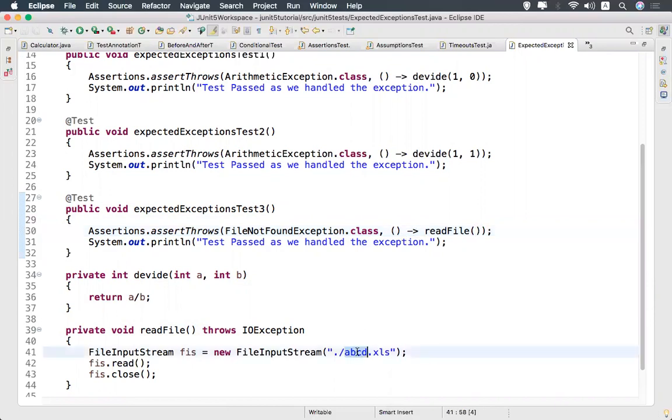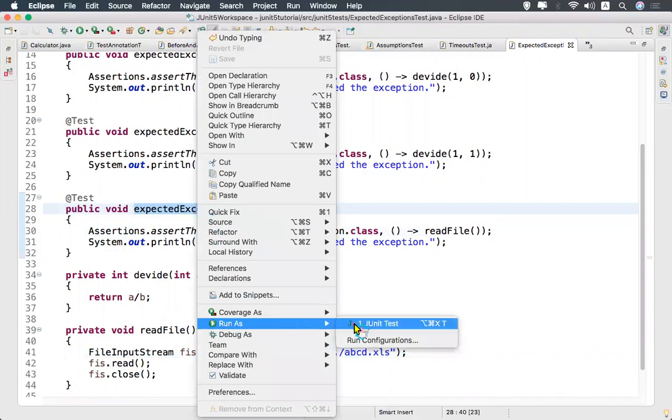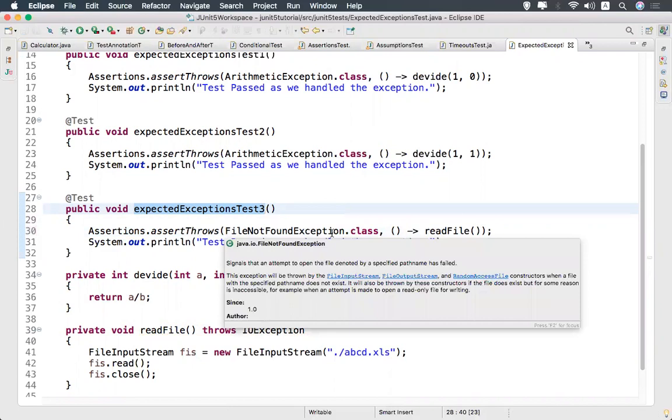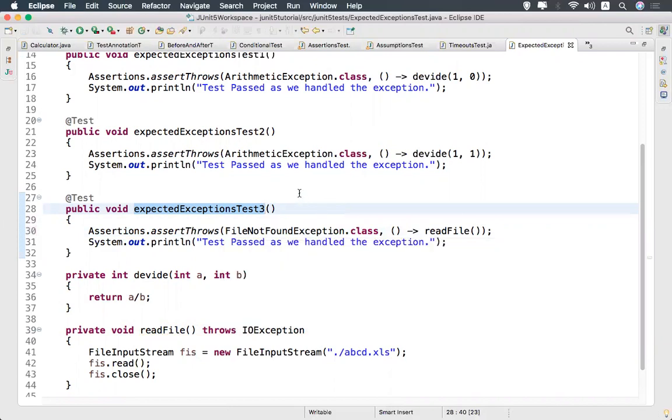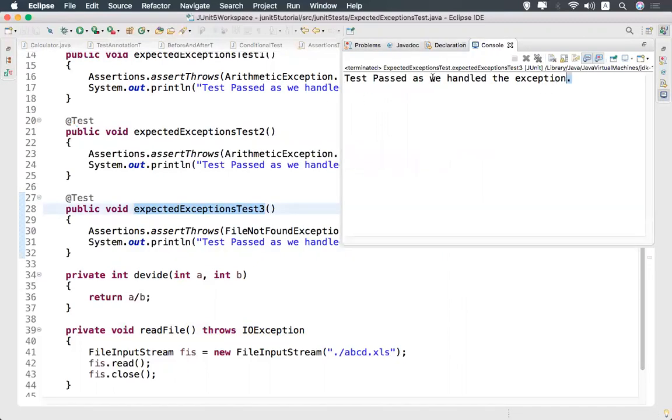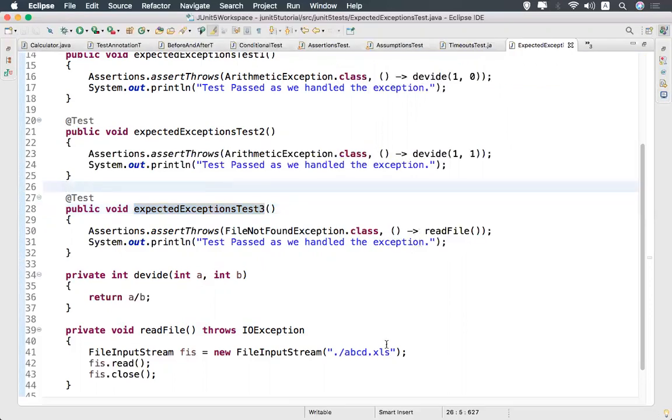This file is not there in my workspace in this location, but I'm trying to read the file, so obviously we'll get FileNotFoundException. My test case will pass because I'm handling that exception. You see that? Test passed as we handled the exception. If the file is not there, I'll get FileNotFoundException, so I'm handling that. This is one of the ways to handle that.